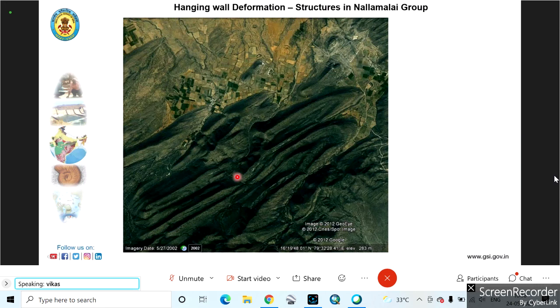There was no wrong interpretation from the Google image. The in-between line, what you're seeing, it's a valley area there. That area should have been a synform. But when folds are happening in a harmonic nature, the width of that wave of the antiform and synform should be equal. But here you are not able to see it.